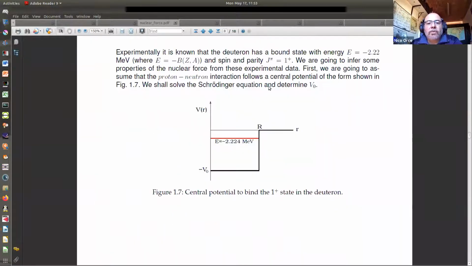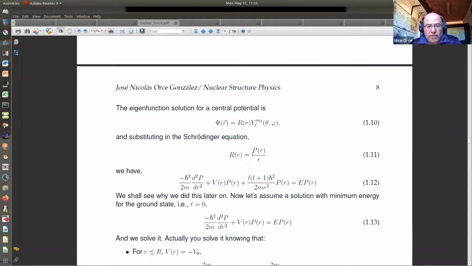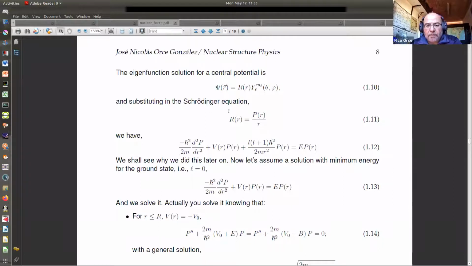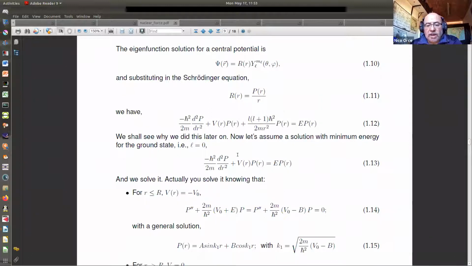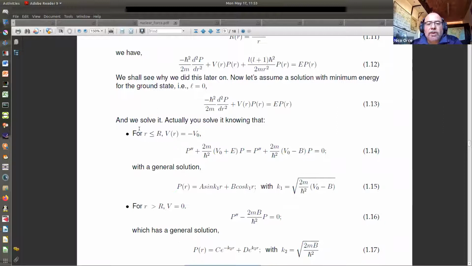you will have to go and remember the wave function. You're going to make a substitution here in the radial part, and there are some assumptions here. Let's assume that L, which I mentioned before, J is equal to L plus minus S, is equal to 0. So you can get rid of this term. And then you're going to solve. This is going to be the Schrodinger equation that you have for the deuteron. Very simple. And obviously, the conditions for the deuteron is that if r is less or equal than R,